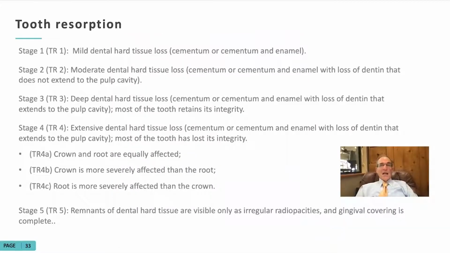And these come in a lot of different varieties, and there's different ways to classify them. We'll talk about the anatomical classification first, which is more for an educational reason as compared to a clinical or practical reason. The tooth resorption graded by stages is something that you can put in medical records to classify it better. But clinically, you want to focus on the types of tooth resorption. We're going to talk about stages and types.